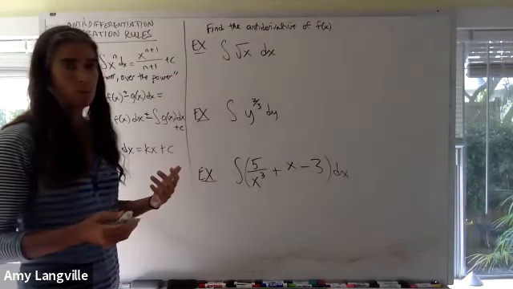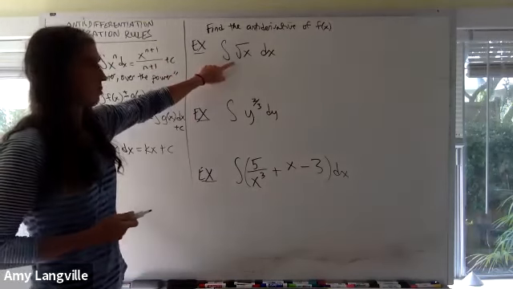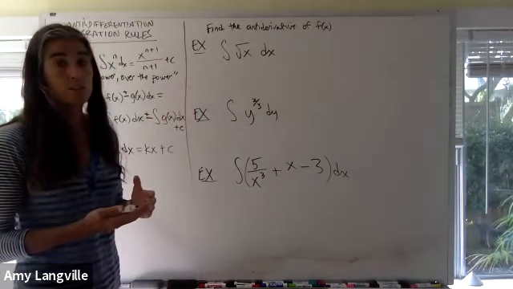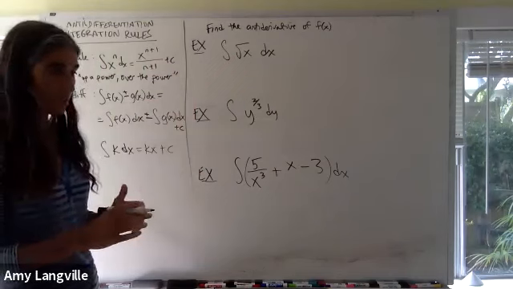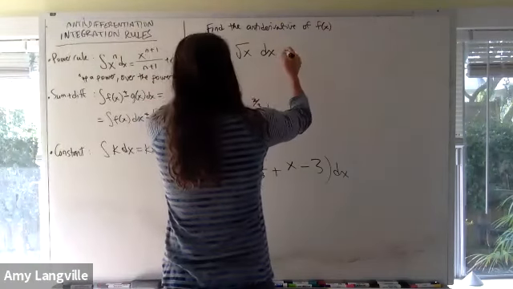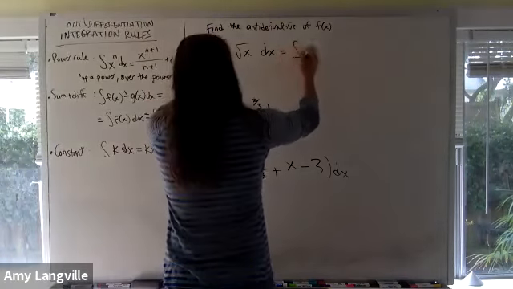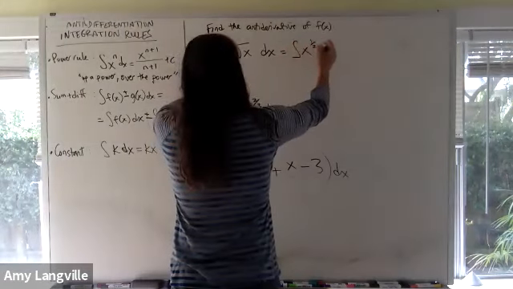And first thing, just like with derivatives, for this first one, square root of x, it doesn't look like it fits one of the rules we have. We don't have a rule that involves square roots. But just like we did with derivatives, when you see square roots, turn them into their exponent form. So this is the same thing as x to the 1/2